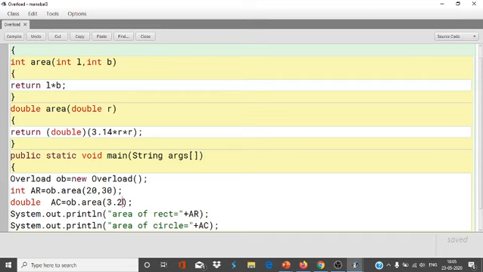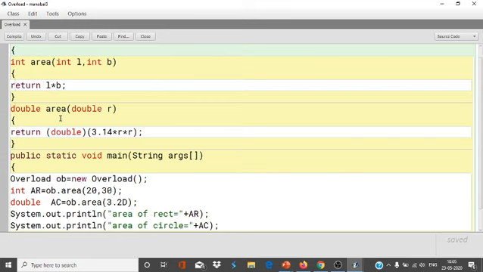Also, we can give d here to indicate the double value. And we are storing the result, so we need to store it in a double data type. Then only it will print the output, because this area returns a double value. The return type we have used here is double.